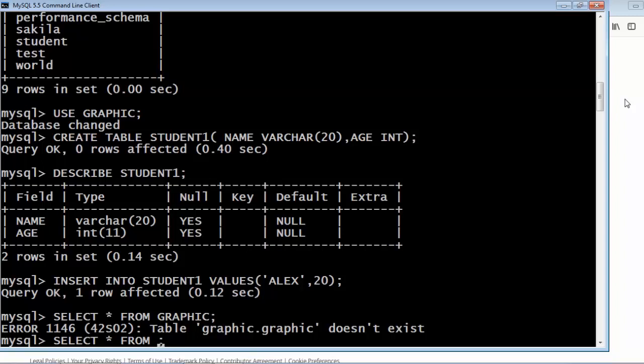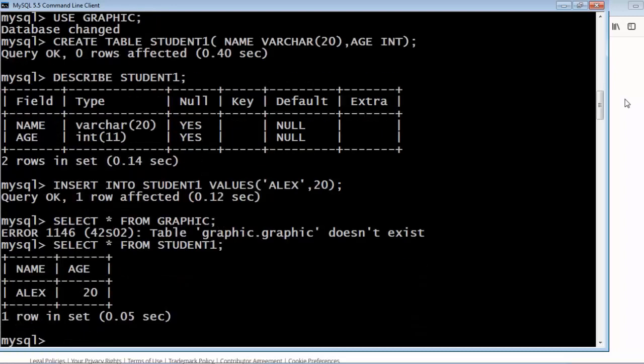Select star from student1. Here you can see it has retrieved the necessary information, that is, the values we inserted. For name we have inserted the value Alex, and for age we have inserted the value 20.